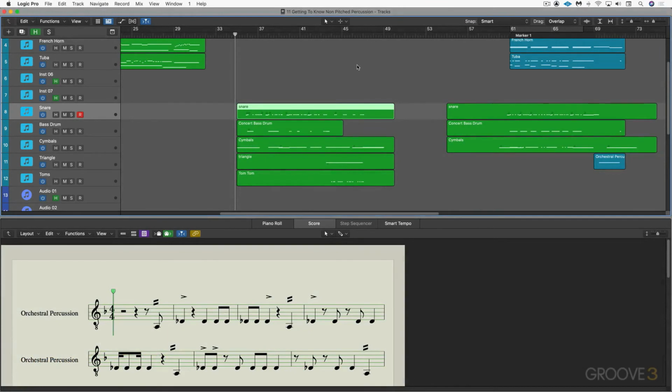Orchestral percussion can bring a lot of dynamics and shape and contour and accents and emphasis to your orchestrations. Now, we generally think of percussion in two broad categories, pitched and non-pitched. Now, in non-pitched percussion, which we're going to look at here, often you'll have one mapping in one instrument with several different percussion instruments. For example, here's concert kick drum, snare drum, the snare drum roll,